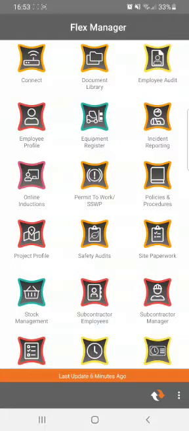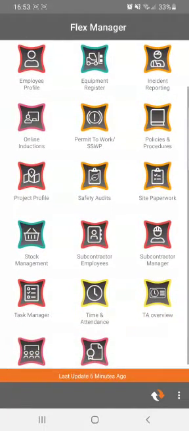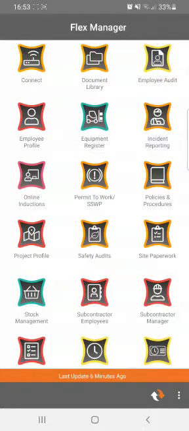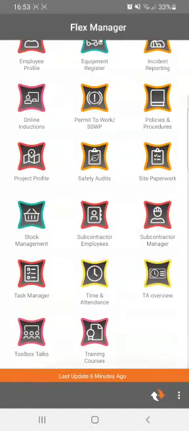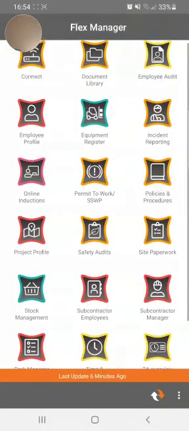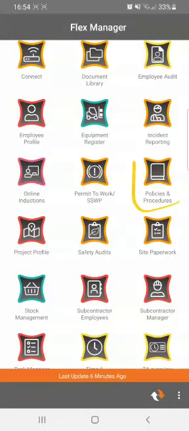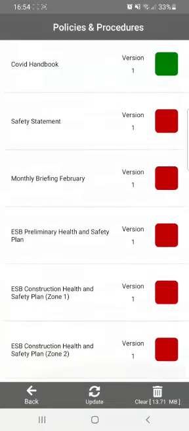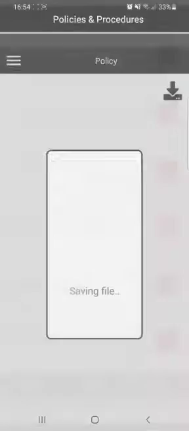And the last thing I just want to show you on the app that's new is the policies and procedures. I'll just show you that now. Okay, so it's this icon here, and when you click into it, you can see any of the policies that have been assigned to yourself. If they're in green, it means you've signed them off, and if they're in red, it means that you haven't. So if you click on any of the ones that you need to sign off,